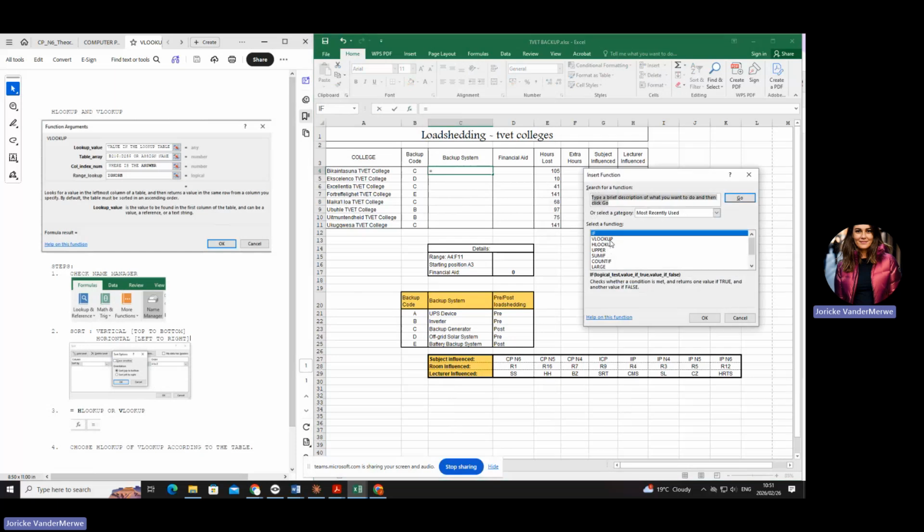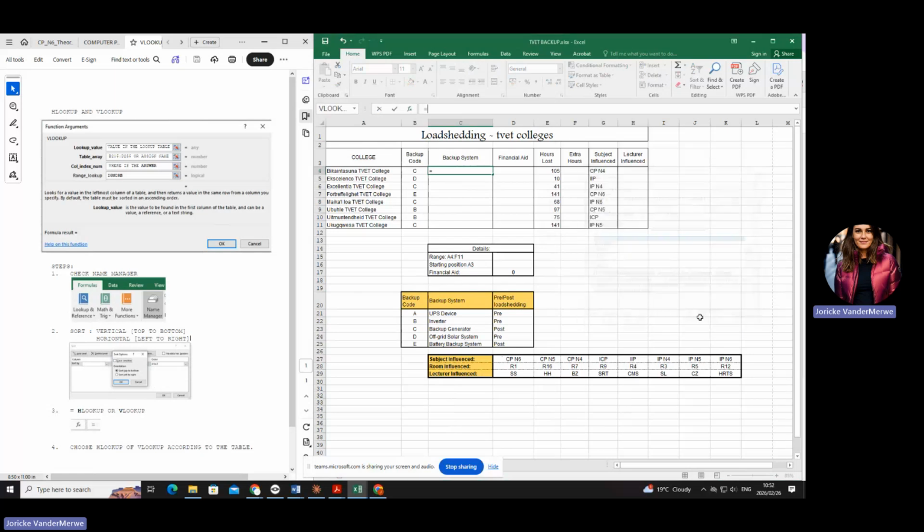How do you know which one you will be choosing? Look at the table that you're working in. Are you looking at a H lookup or a V lookup? A V lookup. Can you all see that? I'm looking at the values here from top to bottom. This is my horizontal table. So I'm going to say okay.